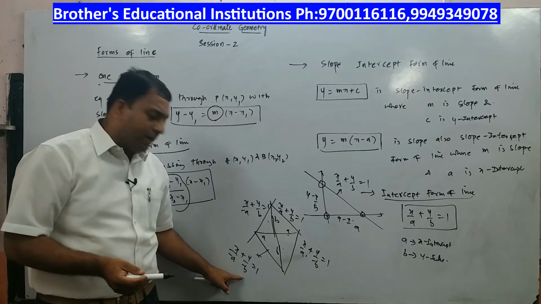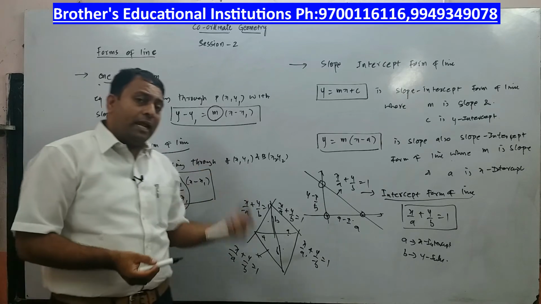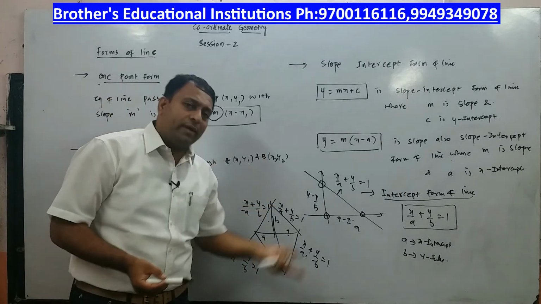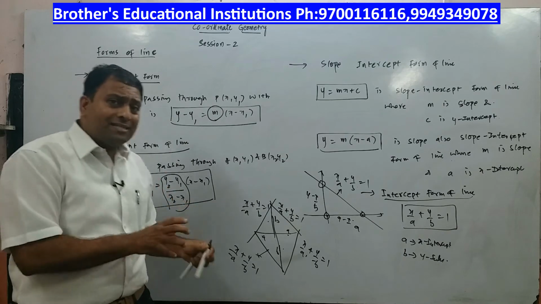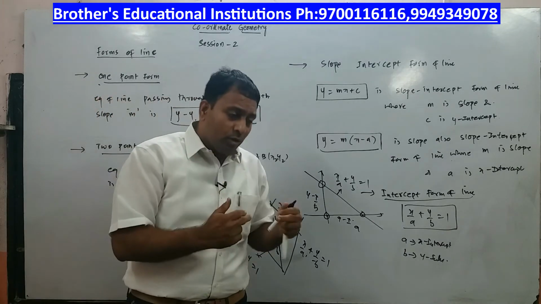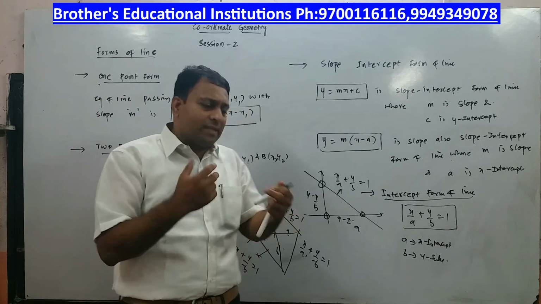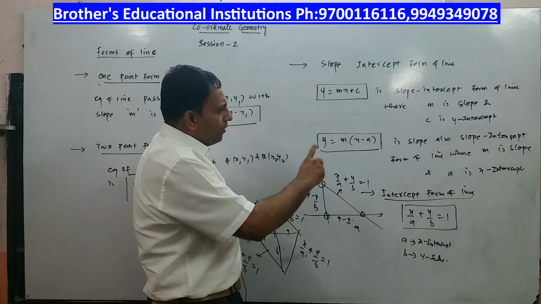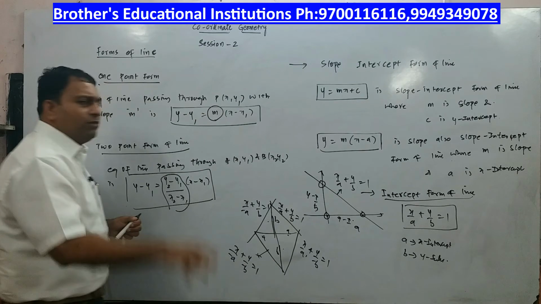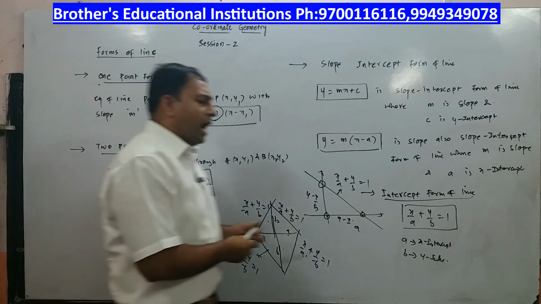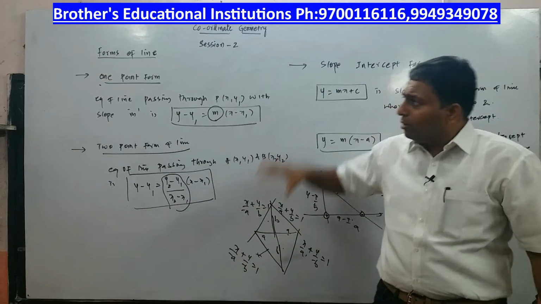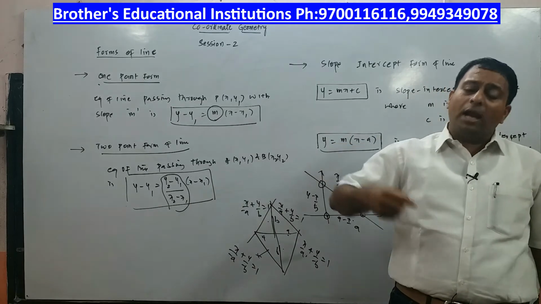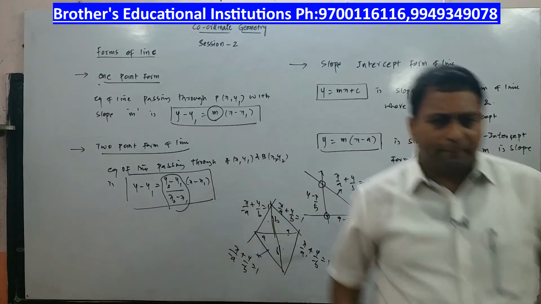This minus a or minus b only indicates the length being made on the negative x-axis or negative y-axis. But as such, the length can't be negative. It's only made on the negative axis. That's why you write minus a or minus b. So I am sure you followed this. There are a few more forms of line which are very interesting and very important. I want you to pause the video, have a close look, learn by heart, and then try to write in your notes.